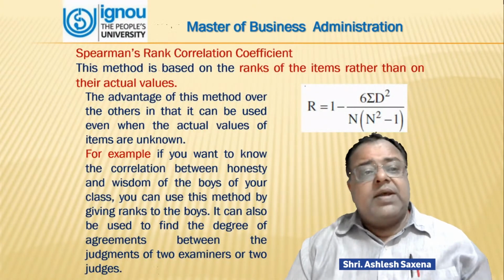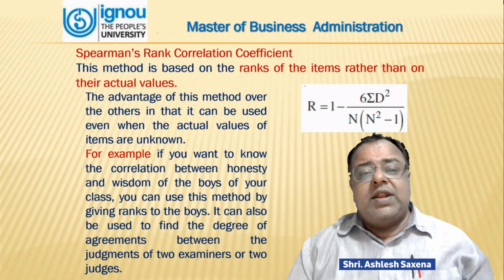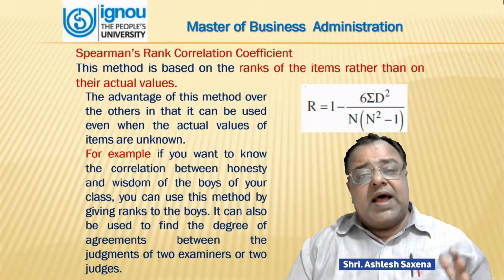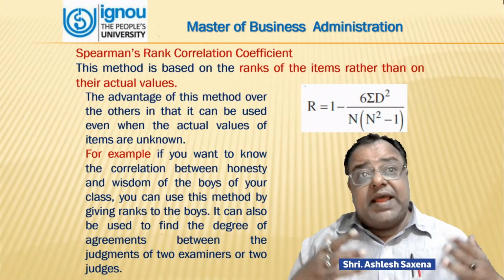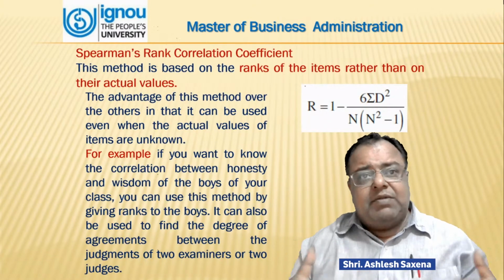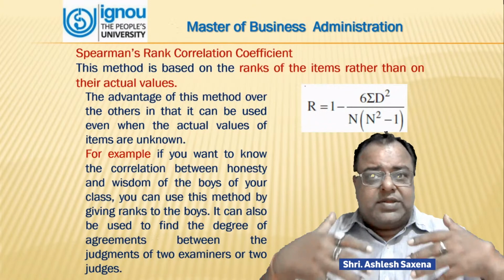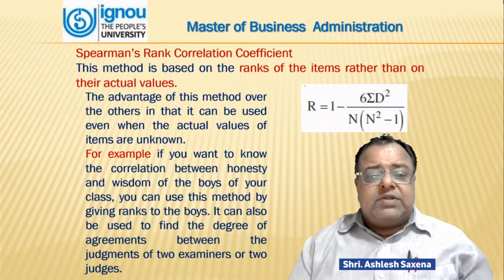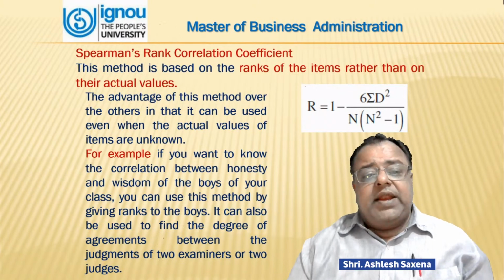Now, the third method is Spearman's rank correlation coefficient. This method is based on the ranks of the items rather than on their actual values. That means we will be giving ranks to the observations. The advantage of this method over the others is that it can be used even when the actual values of